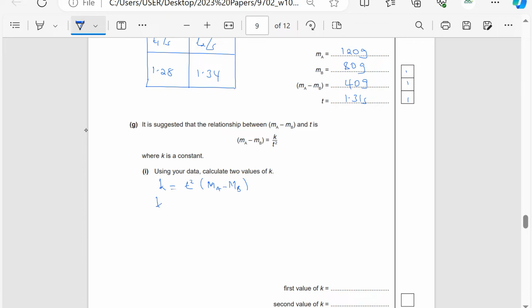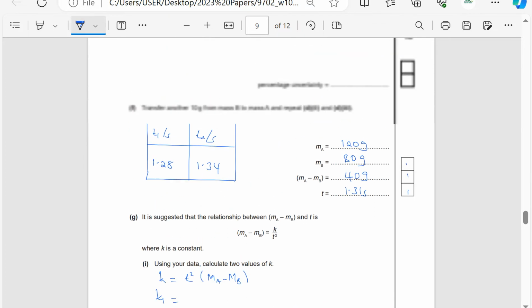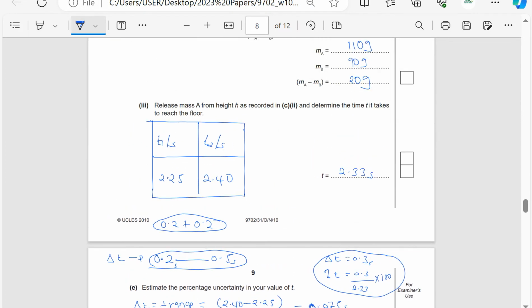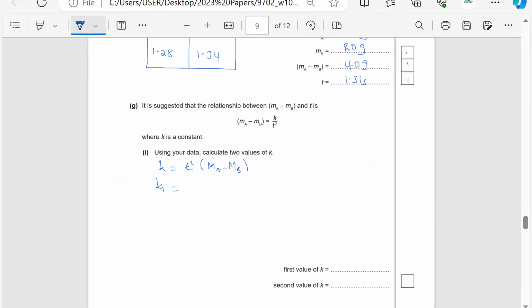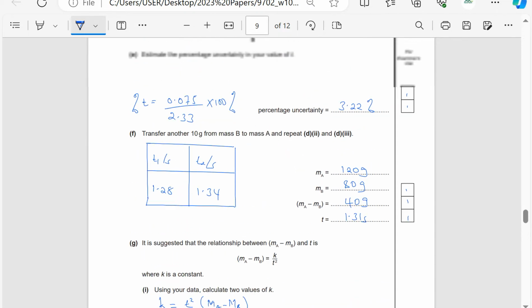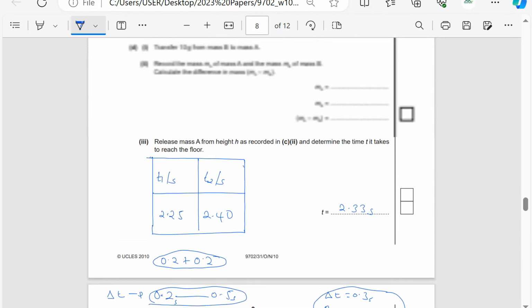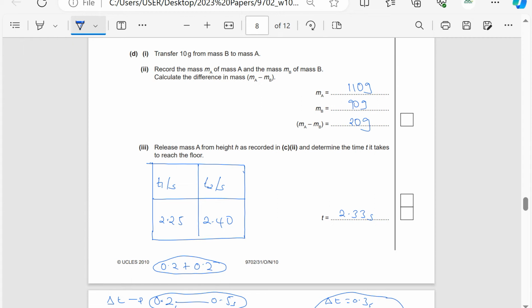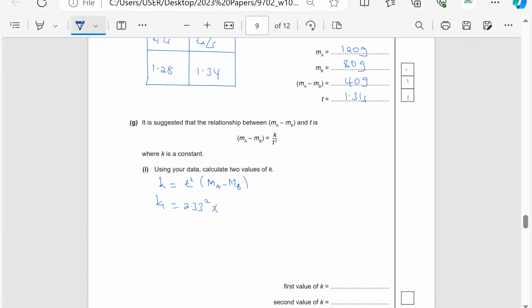So she got the first value of k, calling it k1, using the first values where t was 2.33. So this is 2.33 squared times ma minus mb. The first value of ma minus mb was 20. So she said times 20